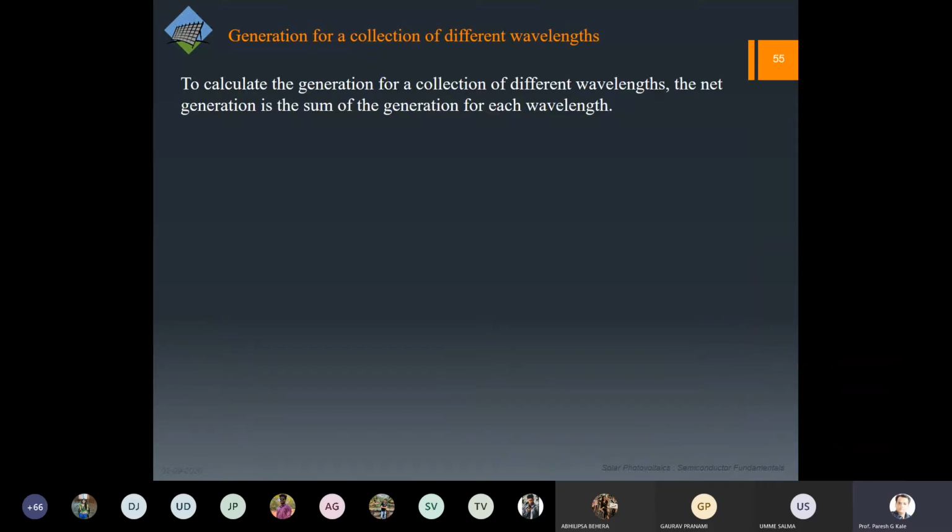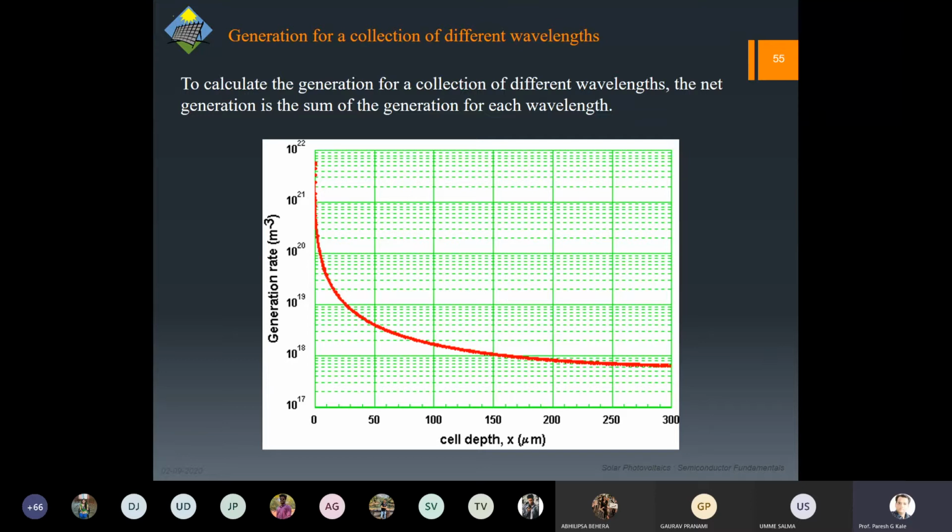As I've said, there are various wavelengths at which the generation rate will occur. So if we want the total generation rate, we have to find out the generation because of every wavelength at every depth. That will be the summation of the generation rates for different wavelengths, and this is the actual number, by the way. You can see near the surface the rate is almost 10 raised to 21, so it is 1000 times as compared to what we are having over here. That's why we rationalized